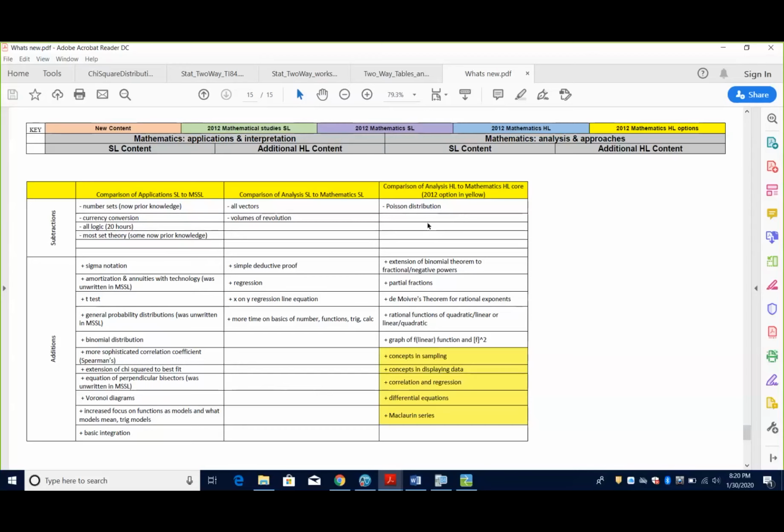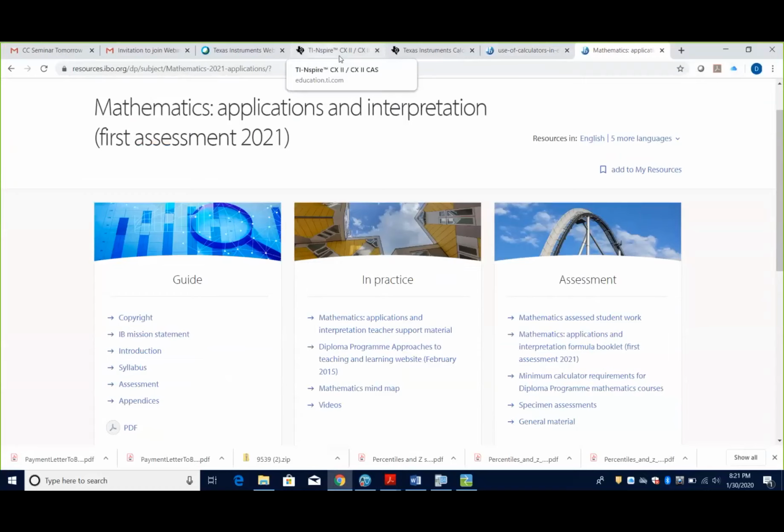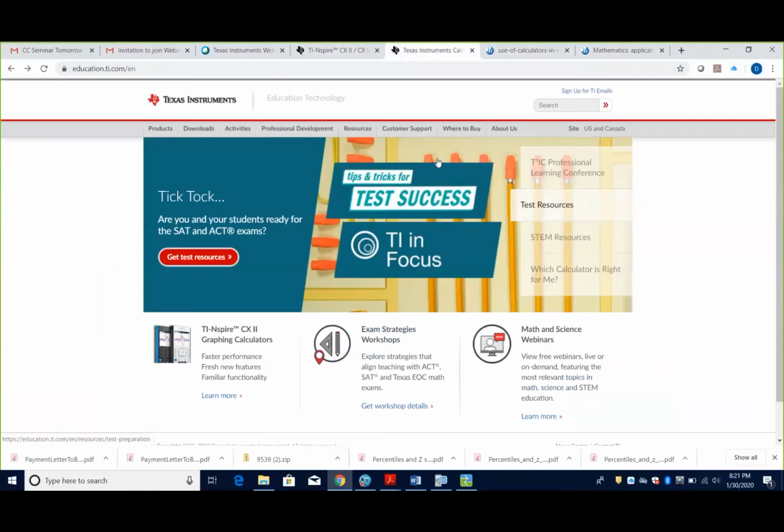They wanted to see what they can do to help teachers out going forward. If you have not been to the TI website recently, I'll go there right now. So here is the TI website, education.ti.com. If you haven't been there recently, there are a few things that have changed.